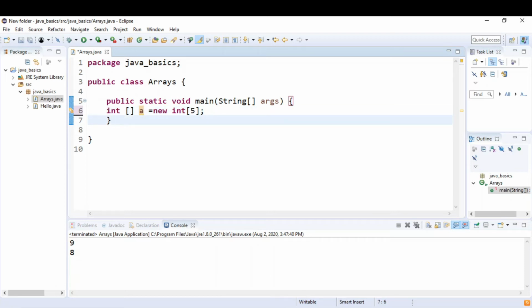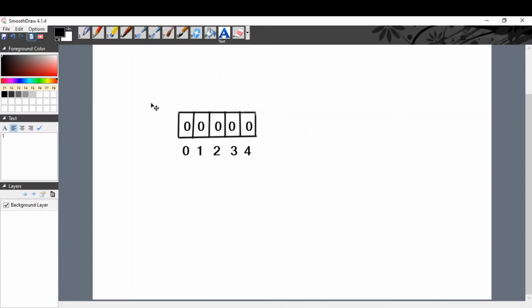So basically it will create a box like this with starting index 0 up to 4. As we have declared 5 as the total number of variables, it will start from 0 and end at 4. Basically array index starts from 0 and ends at n minus 1. Here n is the size of the array, and initially each of the indexes would be initialized with 0.